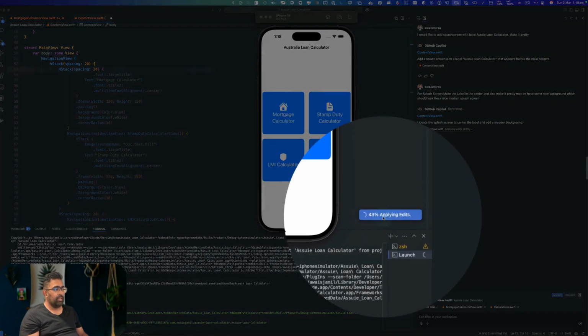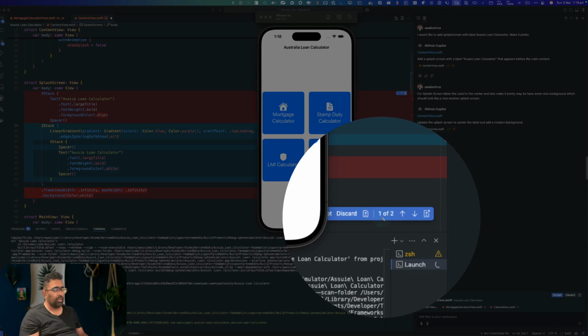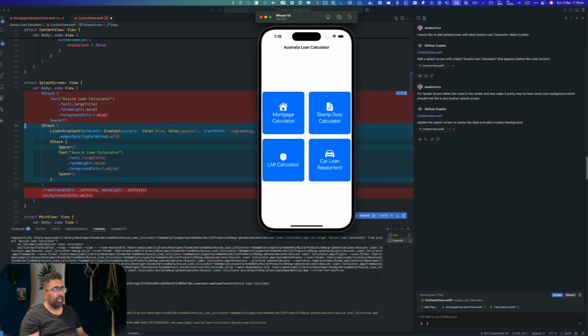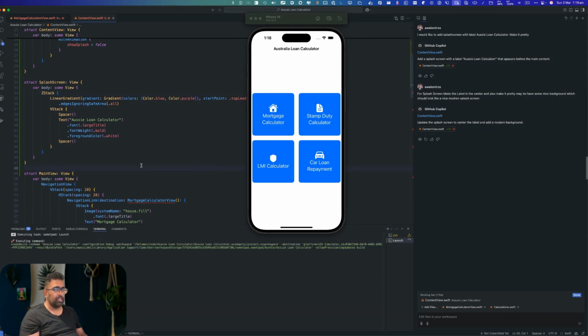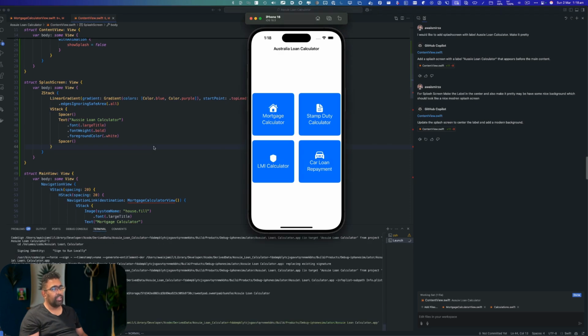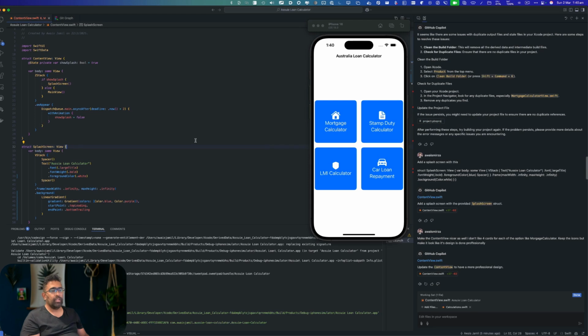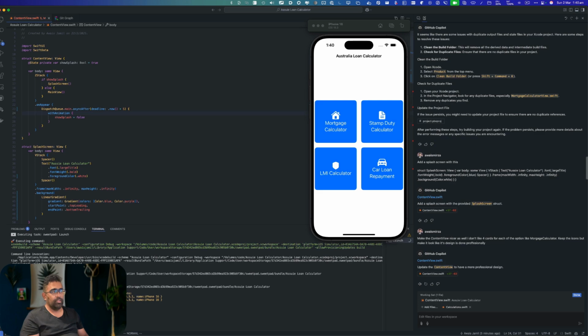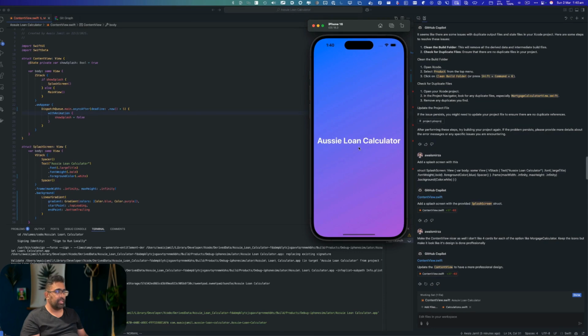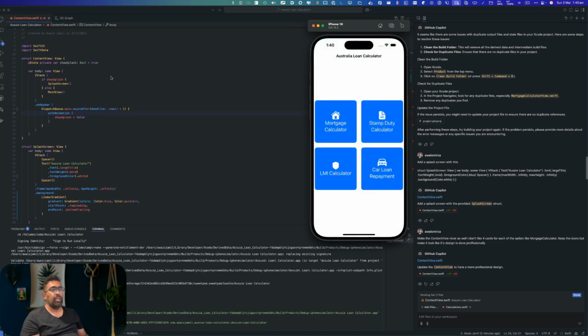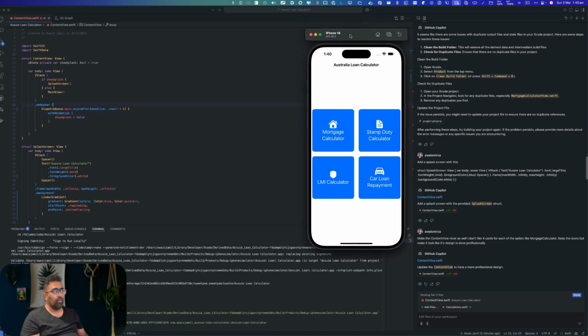One thing cool about this is that it shows you the percentage of edits being completed. I'll accept the changes, save, and rerun the application in VS Code. We should have a nicer splash screen. All right, I'm actually going to increase the time for the splash screen so we can see it much longer. Let's rerun the application. I'll add 5 to it, so it should be running 5 seconds now. As you can see, it actually created a nicer splash screen, for this application which I will eventually deploy